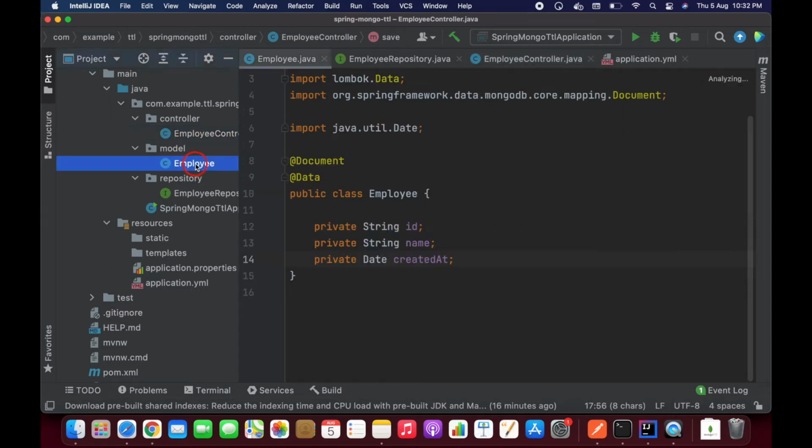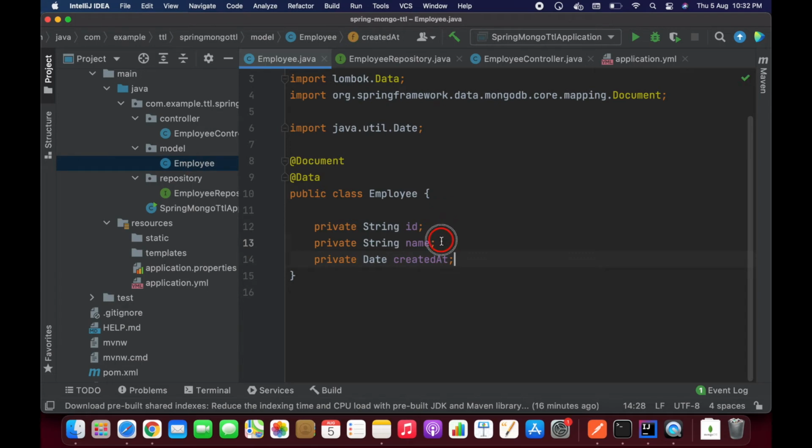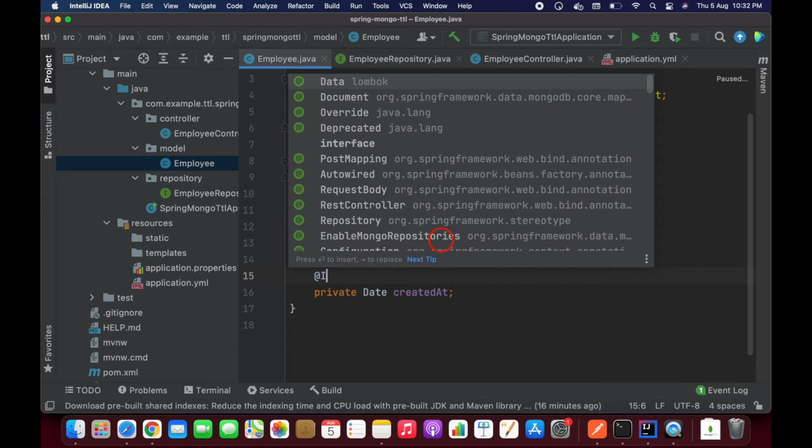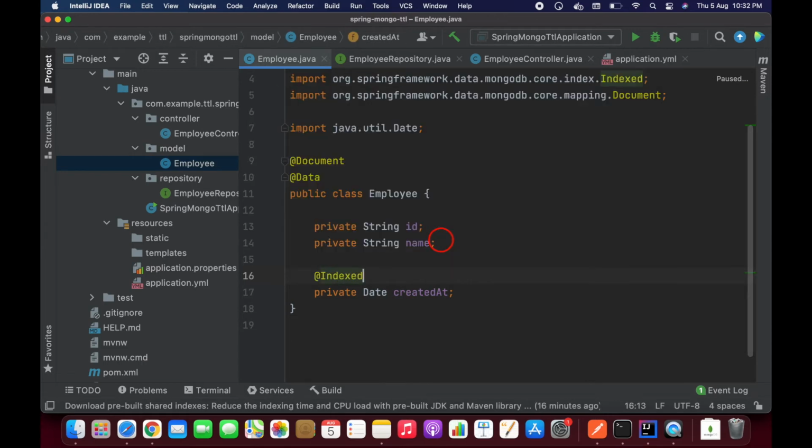And so let's open our model class here, and now we need the TTL index, right? So how are we going to add the TTL index? We have to add it on top of the date field. So let's annotate with @Indexed. If you want to provide some name, we can provide it here. So I'm going to name it createdAtIndex, and after that we have expireAfterSeconds. So you can directly provide some seconds here. This is not milliseconds, this is seconds, guys.